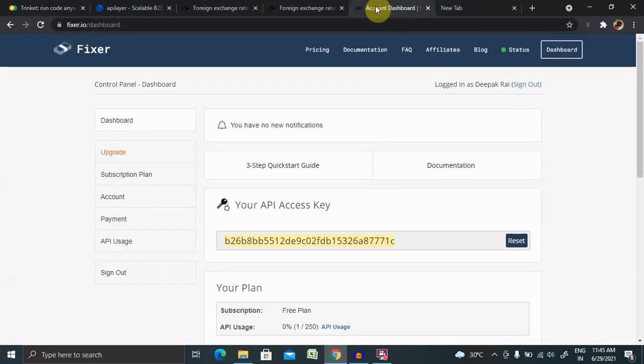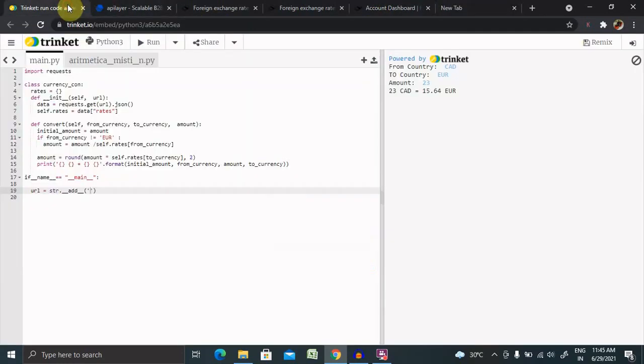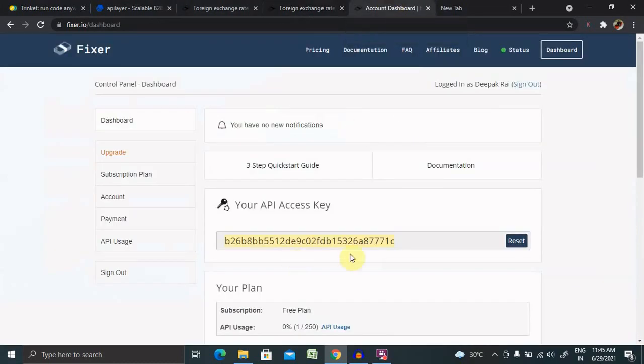Here I am going to use this URL. Now post that we need to enter space and the key which we have received from this website. So this is my key. I am going to copy and paste this key.